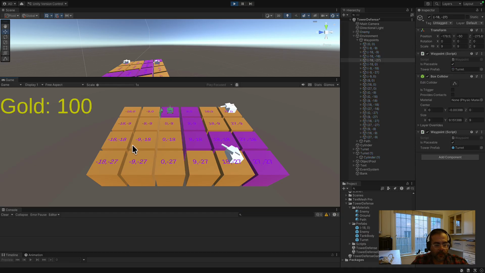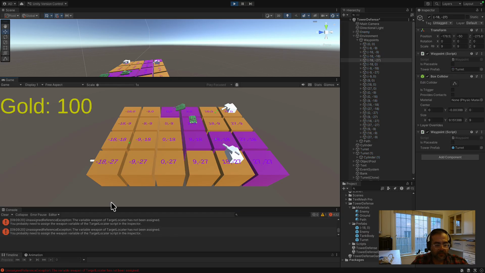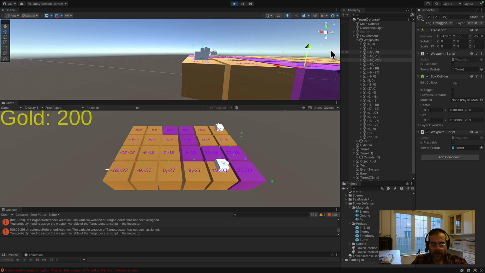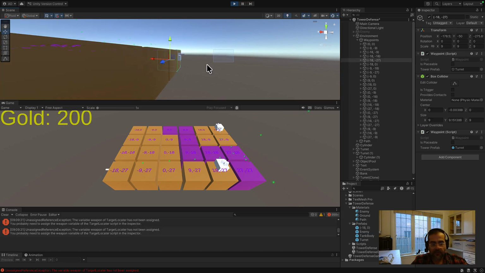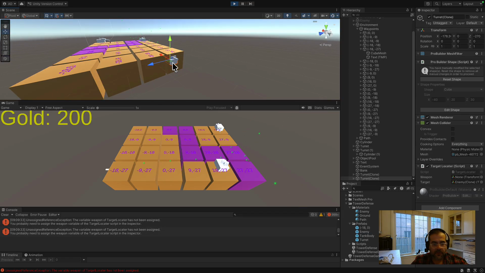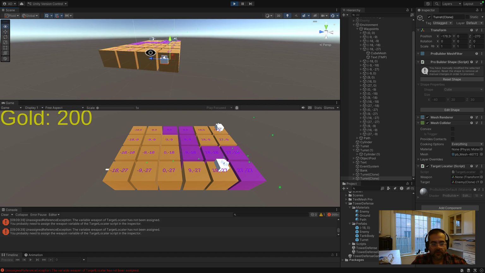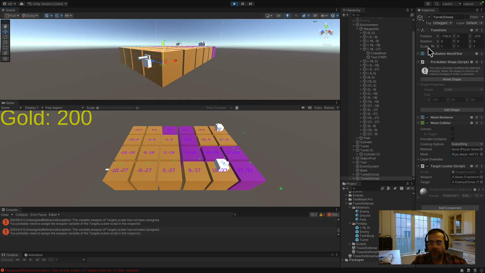If I click on 1827, I can see below here the variable weapon target locator has not been assigned. There's also another issue. Let's hit F to focus on 1827. The pivot point of this guy might be a little off. It looks like their position is X 170 and minus 270, and the pivot point is the corner, which is okay. So if I zero this out,